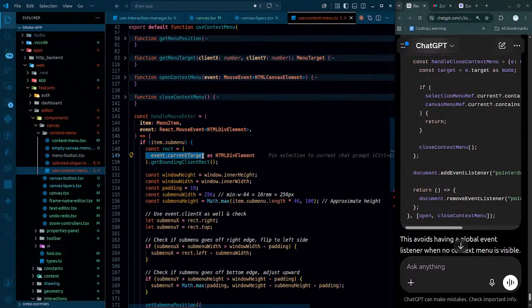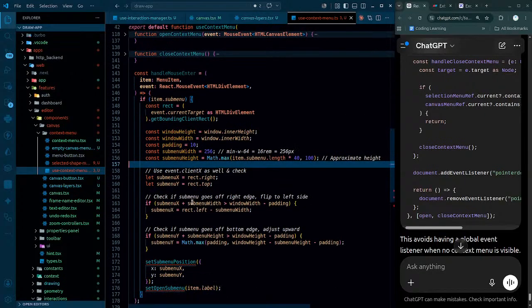That is right. We are gonna be getting the bounding box of that, and once we actually have the bounding box,